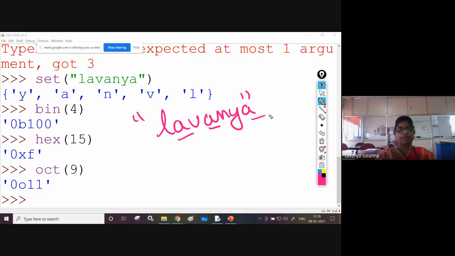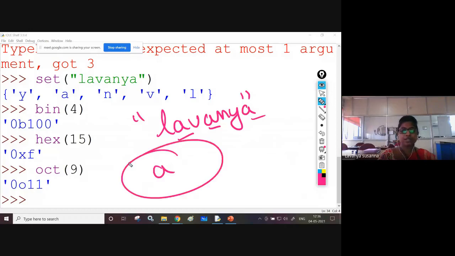Duplicate character, more than one time it is repeating. So you need to display only which is repeating more than one. Whether it may be 2 times it is repeated or 3 times or 4 times, so on. Except one time you need to display. So what is the duplicate character or repeated character in Lavanya? Only A, right? You need to display only this.